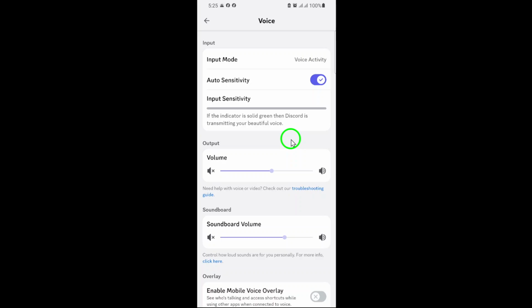If you ever notice issues like your voice getting cut off, or background noise sneaking in, you can always return to these settings and fine-tune them as needed. But for most users, auto-sensitivity is a great way to keep things